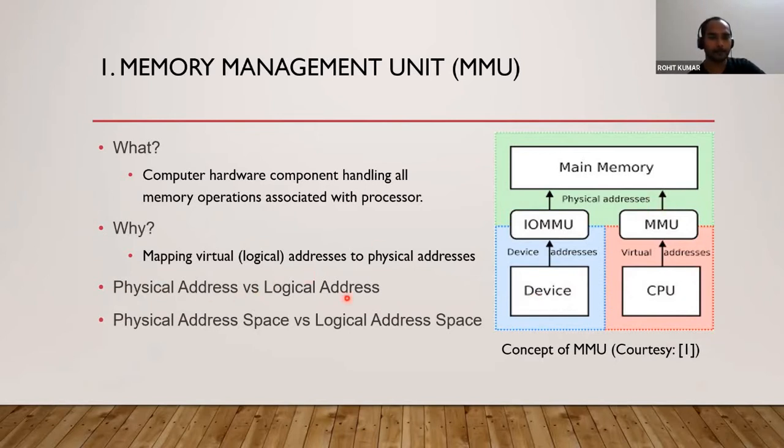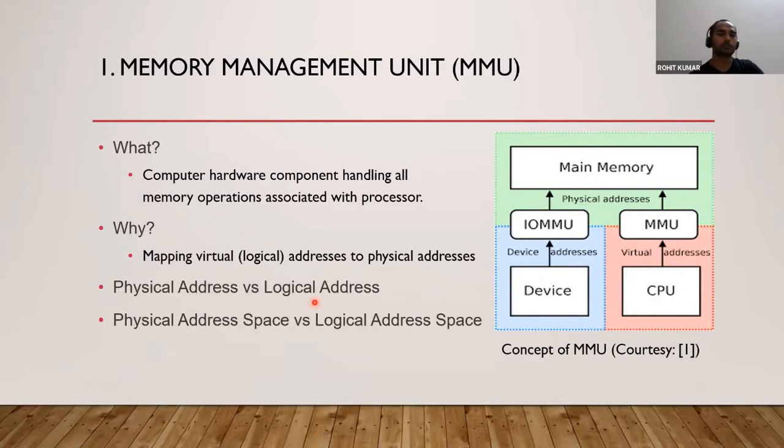So here, another question: what is a physical address, what is a logical address? I think I have told in detail. The addresses generated by the CPU are called the logical addresses, and once the base addresses or the relocation addresses are added to the generated logical addresses, these become the physical addresses. So in layman's terms, the physical addresses are the real addresses of main memory, and the logical addresses are the relocatable addresses generated by the CPU.